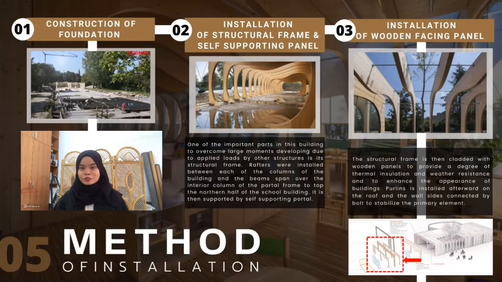There are a total of 7 methods of installation for this building. Firstly is the construction of foundation in reinforced concrete. The most common type of foundation used for portal frames is pad foundations. Reinforced concrete pad foundation with igloo system is used for Guastalla because it enables relatively wide yet shallow foundations and is meant to be in a rectangular plan area in order to make it easier to build and install the